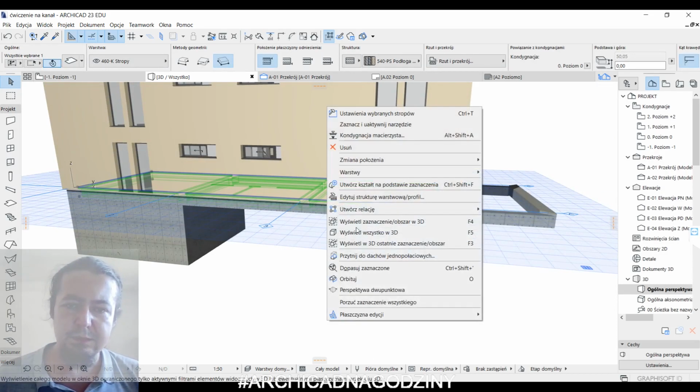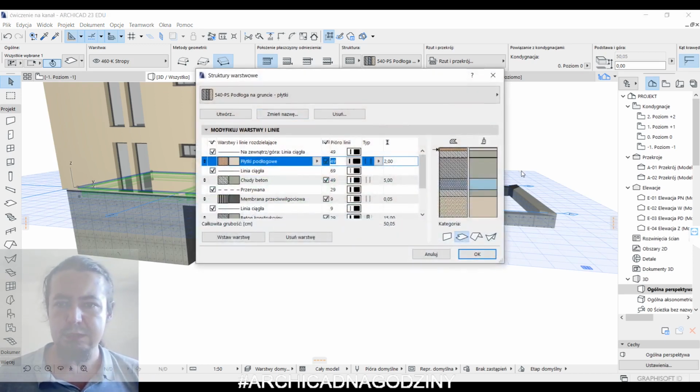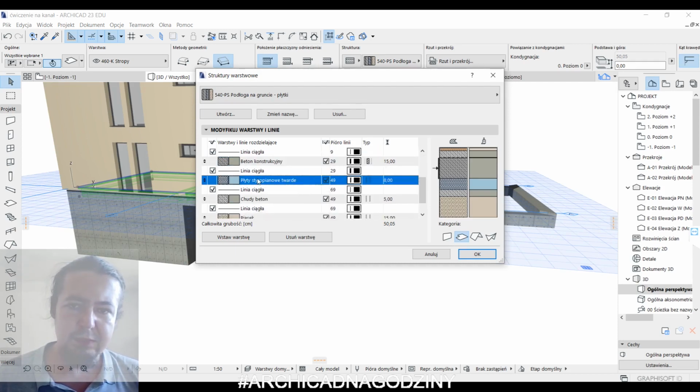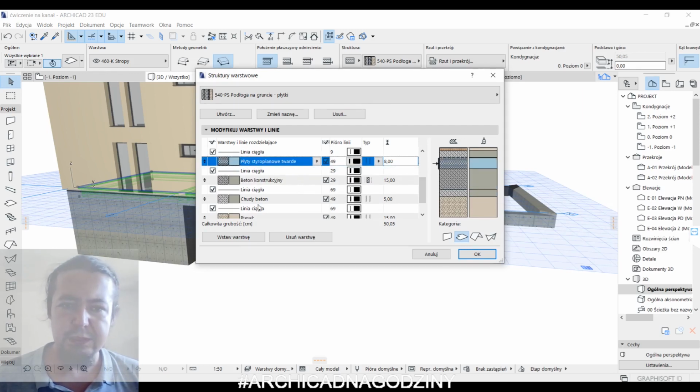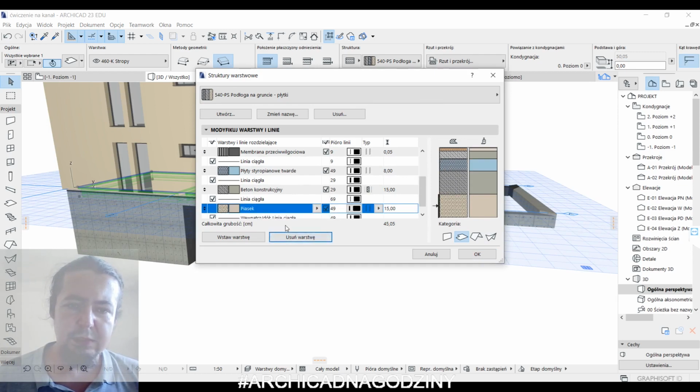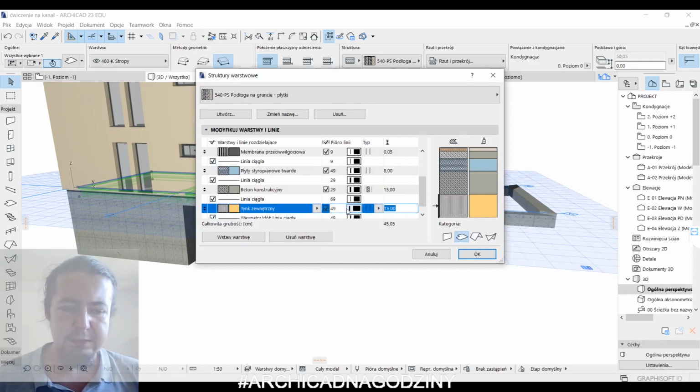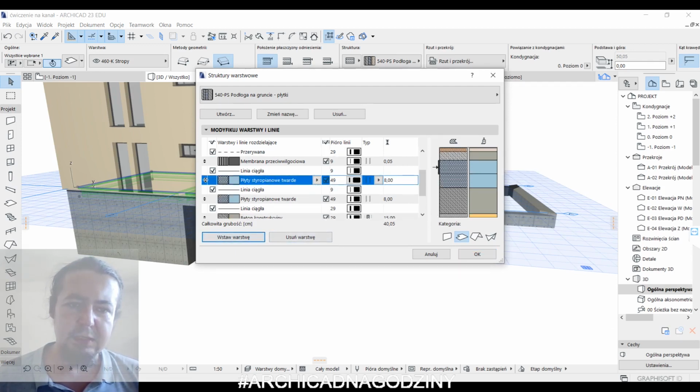Now we should make our, how do you call it, composites. Yeah, those are composites. Okay, so here we have concrete, here we have foam. We'll move it right here. We don't need this, we don't need this. We will make a plaster, like 2 centimeters. So here's one thing, and here's second thing